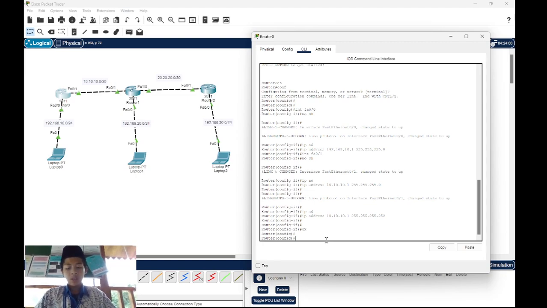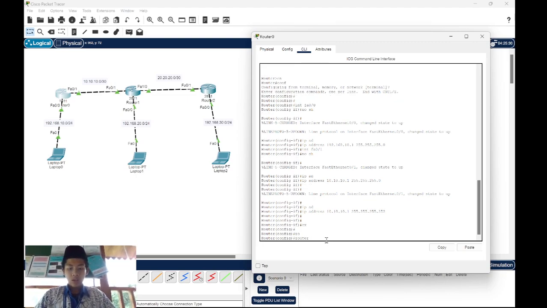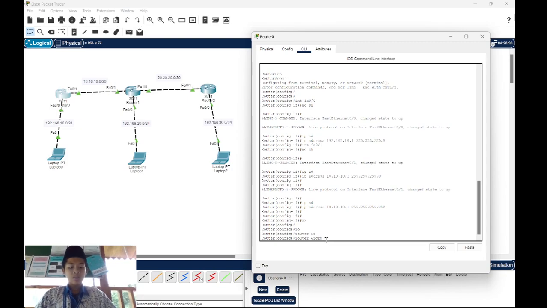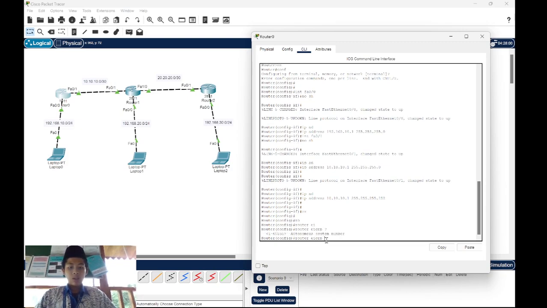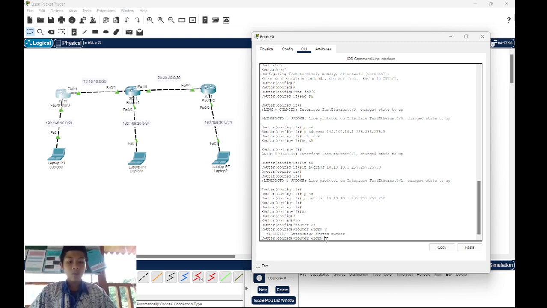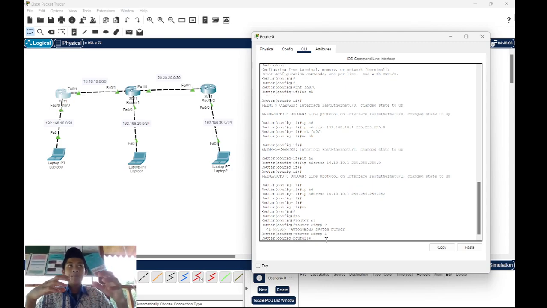We activate EIGRP first with the command router EIGRP. Here we need the AS, or autonomous system. To match one router with another router, we will use the same autonomous system, just one. We registered